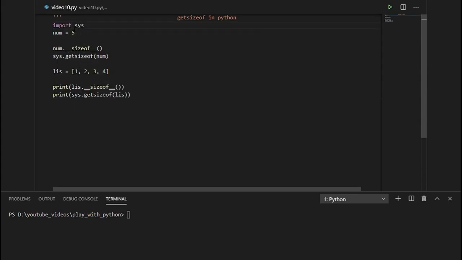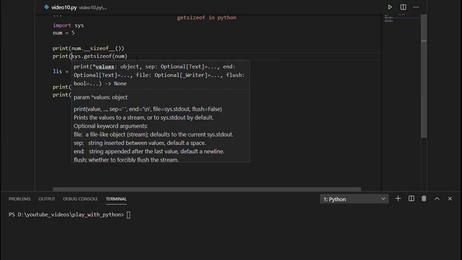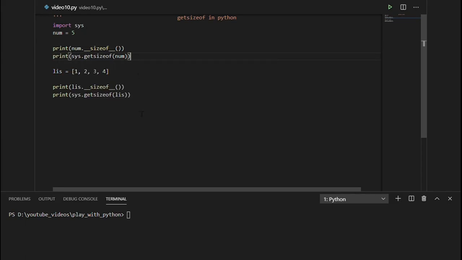Okay, so first let me print this also, then you'll be able to see the difference. Okay, now if I run this,